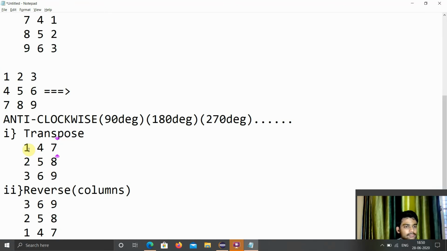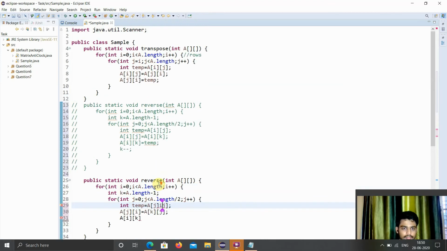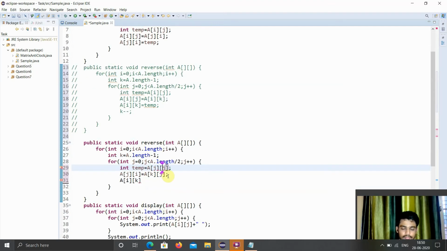The row value should not change. So here no, the row value should change. So here j will be coming here, then i will be going here, k will be coming here, j will be going here, k will be going, j will be going here, and then i will be going here.